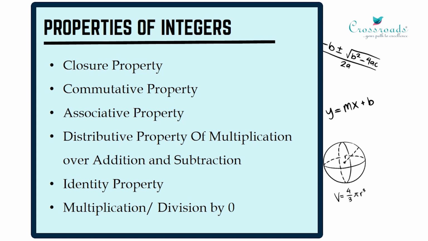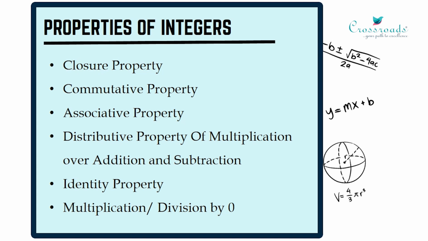Similarly, when it comes to multiplication, a into b into c. I might first group a and b and then multiply with c. In the second case, I might first multiply b and c and then multiply with a. However I do it, my resultant product is going to be the same. Therefore, associative property again holds good only for addition and multiplication. Subtraction of integers is not associative. Similarly, associative property does not hold good for division.